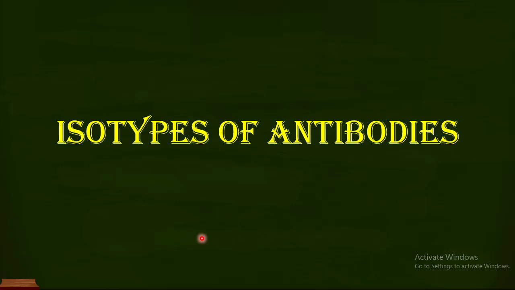And this is another video in the series of videos on the isotypes of the antibodies. From the last couple of videos, we are focusing on the immunoglobulin G and its different subtypes. And we have already discussed in detail the first three subtypes of the immunoglobulin G, which are the immunoglobulin G1, the immunoglobulin G2, and the immunoglobulin G3. And in this particular video, I want to focus on the last subtype of the immunoglobulin G, which is known